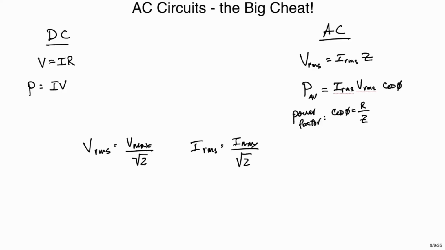What would the maximum voltage be coming out of this outlet? Not unlimited. It's not 120. RMS is 120. The average is 120. But if we solve for the maximum, then we take the square root of 2 up here. Square root of 2 is like 1.4-ish, and 1.4 times 120 is like